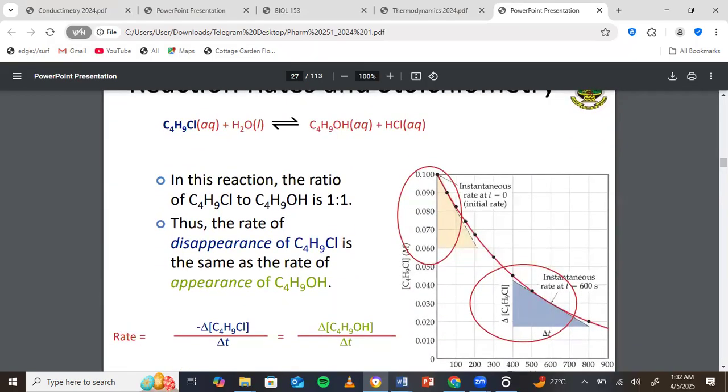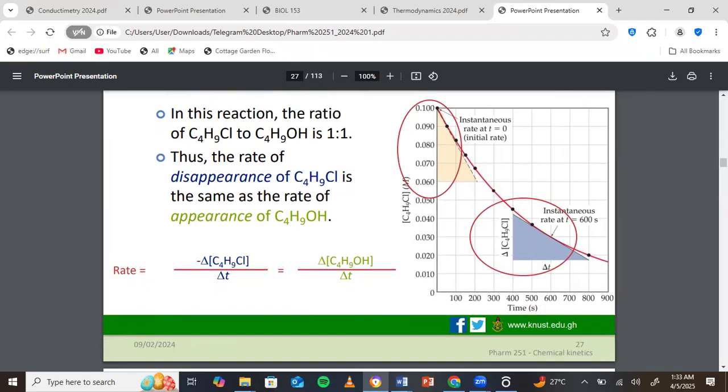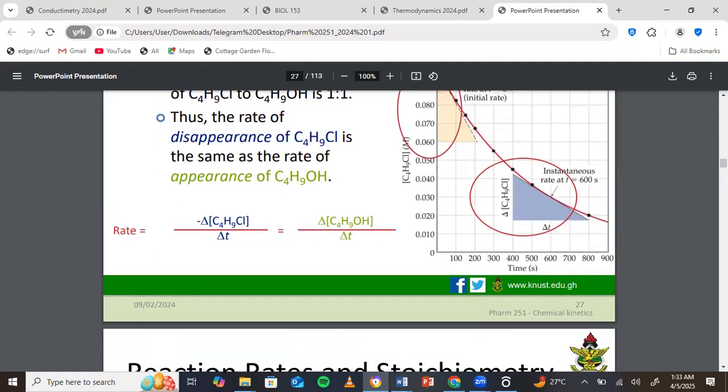Now, in this reaction, the ratio of the C4H9Cl to the C4H9OH is 1:1, right? That is, the disappearance of the butyl chloride is the same as the appearance of the butanol. And so if we are expressing the rates, we are just looking at the decrease. That's why we have a negative sign here: the decrease in the concentration of the butyl chloride over time. And then it should be equal to the increase, the appearance of the butanol